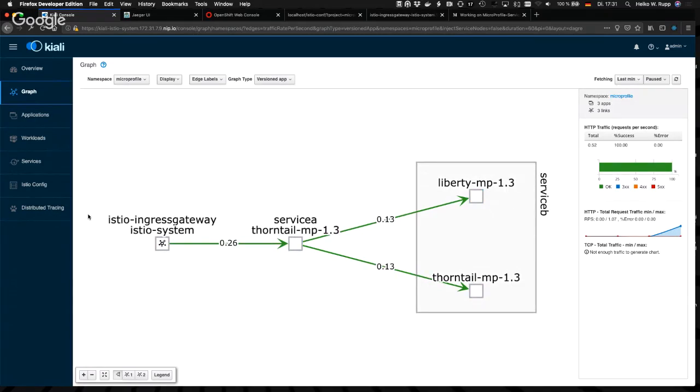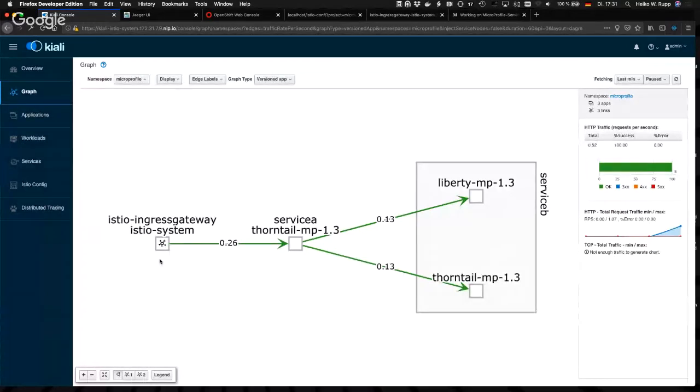All traffic that's coming into the mesh is going over the Istio ingress gateway. The ingress gateway is also an Envoy proxy that is basically an edge proxy into the system. It logically sits on top of the Kubernetes ingress.